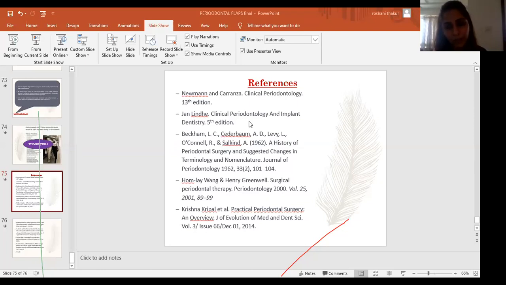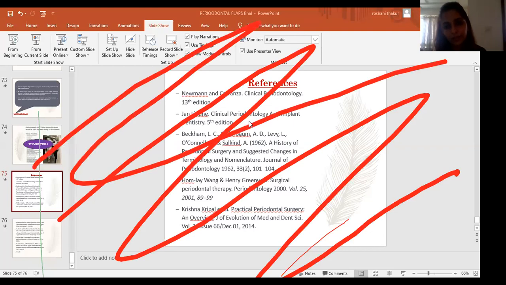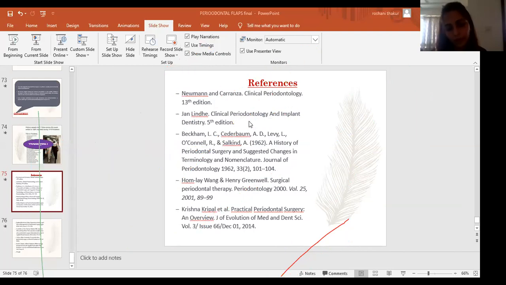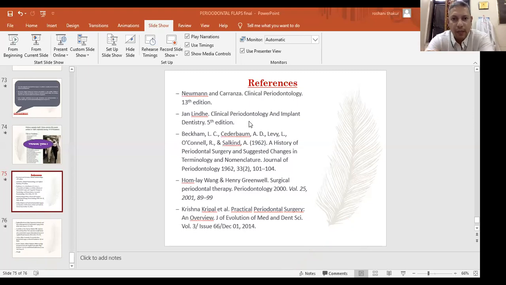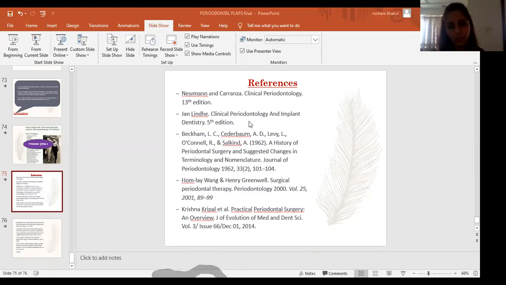The beveled flap by Friedman includes the sulcular incision, after which there is reflection. And then when the flap is placed back on the bone, the bevel incision is given. What was the third one that you said, Dr. Neeraj? Yes, beveled, envelope, and Kirkland. Kirkland incorporates the classic intrasulcular incision, because according to him, and there were studies done by Lang et al., who tried to compare removal of inflamed connective tissue through the internal bevel and use of intrasulcular incision, and did not find significant difference between the same.